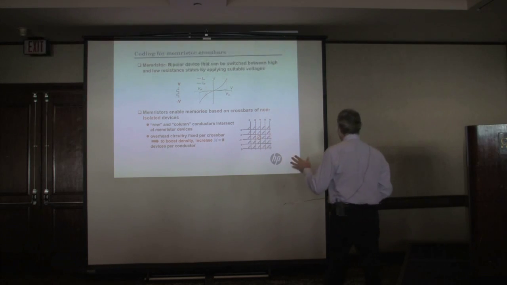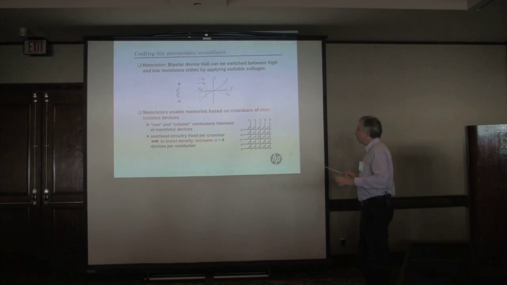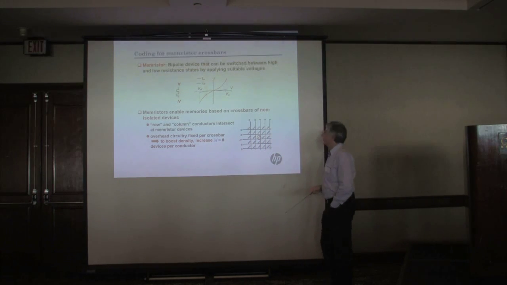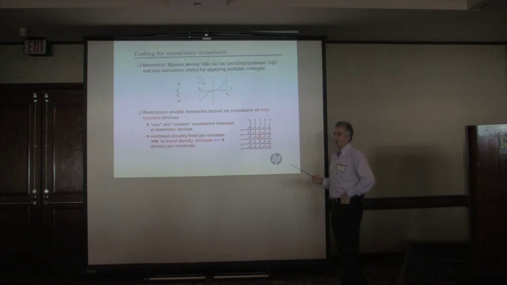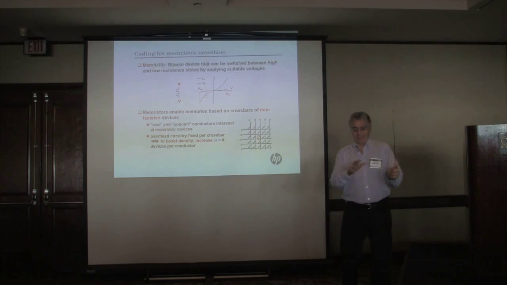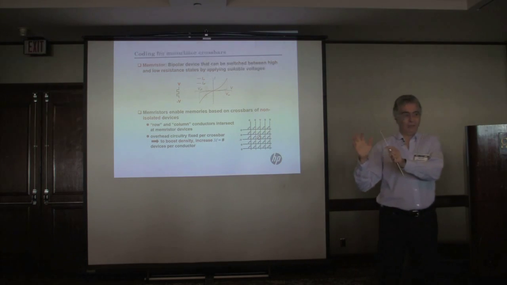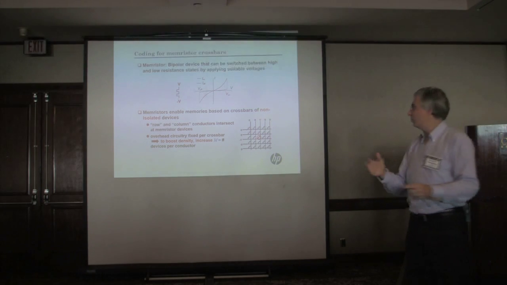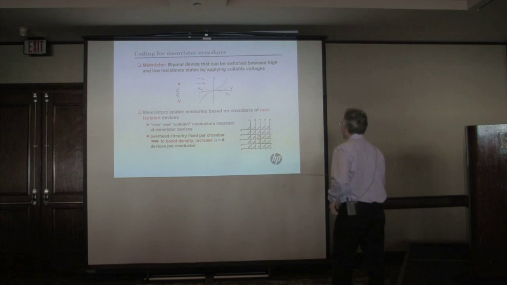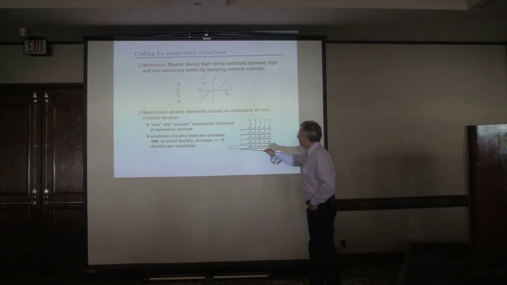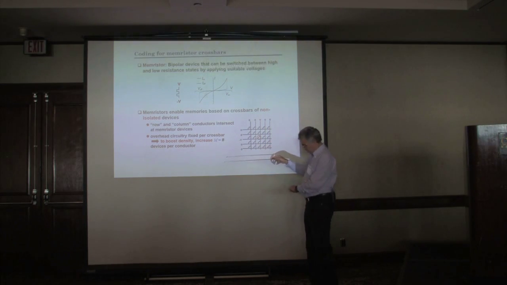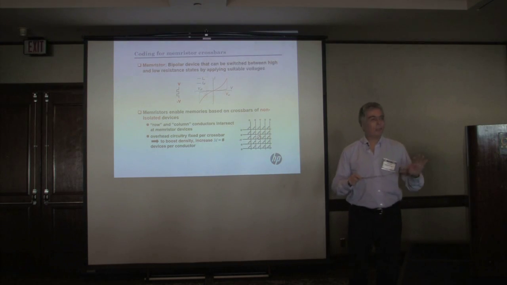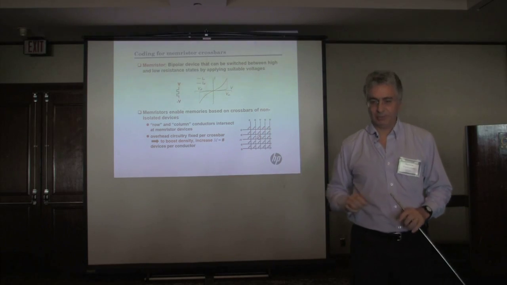And for reasons that I'm not going to discuss here, but I'm going to summarize in this sentence, the overhead circuitry is fixed per crossbar. There is some CMOS circuitry that you have to add for every crossbar, and that's a fixed overhead. Therefore, in order to increase the density, you want the number of devices per conductor, which we will call M, to be as large as possible. So that's the goal, to have M as large as possible.